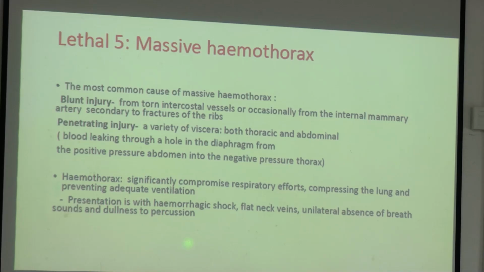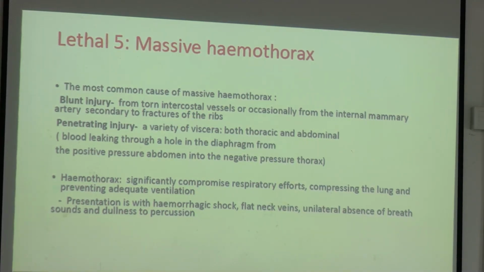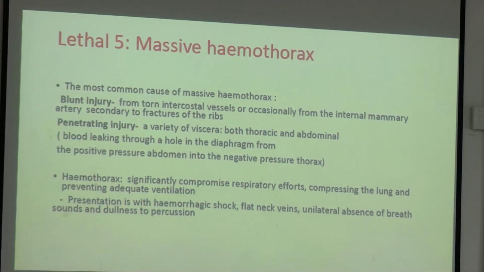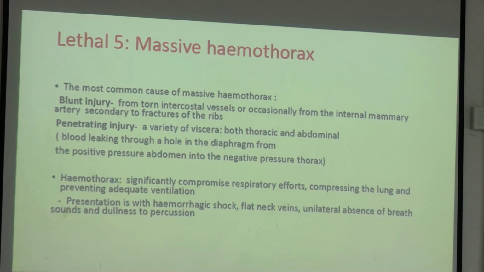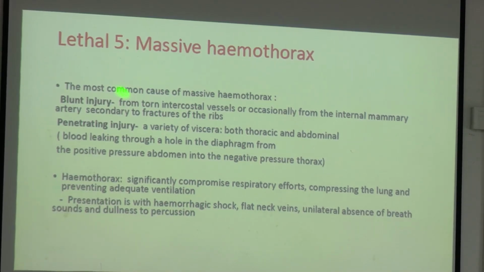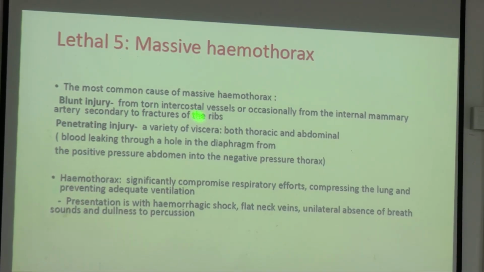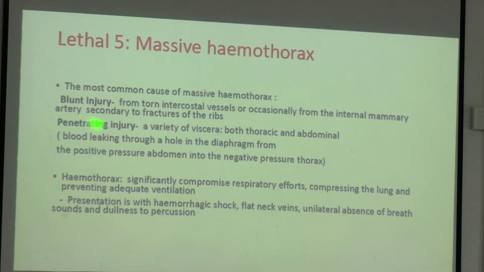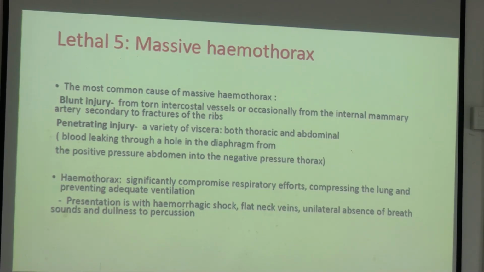Yes, lethal 5 massive hemothorax। তাহলে ম্যাসিভ হিমোথোরাক্স হলে কি হবে? ক্লিনিক্যালি ভাবো কি হবে? ব্লান্ট ইনজুরিতে হতে পারে, পেনিট্রেটিং ইনজুরিতে হতে পারে। ব্লান্ট ইনজুরি মোস্ট কমন কজ অফ ম্যাসিভ হিমোথোরাক্স, ঠিক আছে? একটা ইন্টারকস্টাল ভেসেল থেকে কিংবা ইন্টারনাল মেমারি আর্টারি থেকে হতে পারে, সেকেন্ডারি টু ফ্র্যাকচার অফ রিব, ঠিক আছে? তাহলে এখানে কি হতে পারে? ম্যাসিভ হিমোথোরাক্স। এখানে তার মানে ব্লাড ইন দ্য